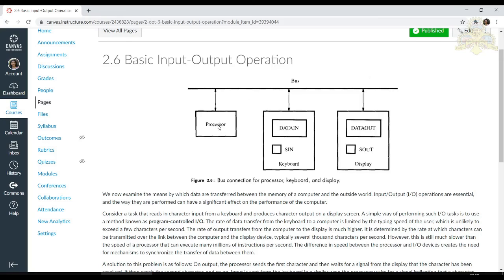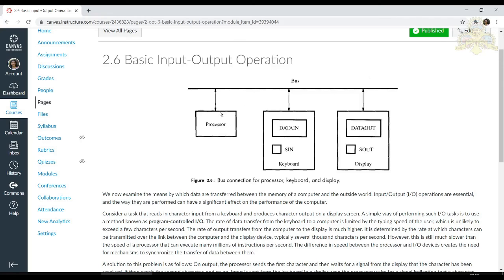Now that is present in the processor. Now you have to move that character to your display unit. So in the display, or the output, we have the data-out register, then we have the SOUT status flag. Whenever this SOUT is 1, your processor understands that your display is capable of receiving a character, or it is free right now. Your processor, under some programmed control, continuously monitors the SOUT status. Whenever it is 1, your processor understands that the display is ready to receive a character.